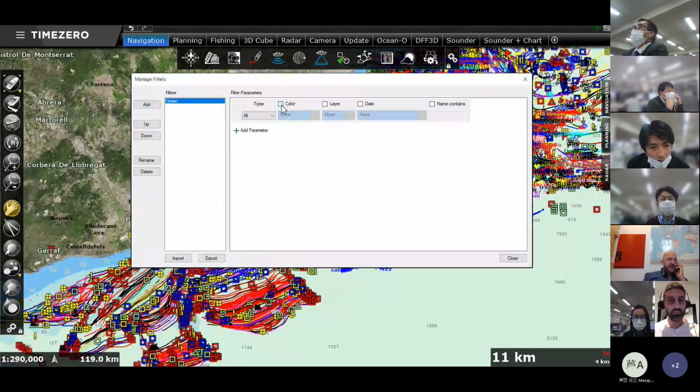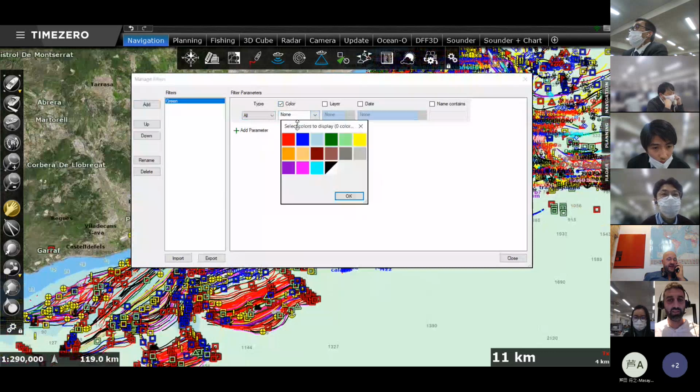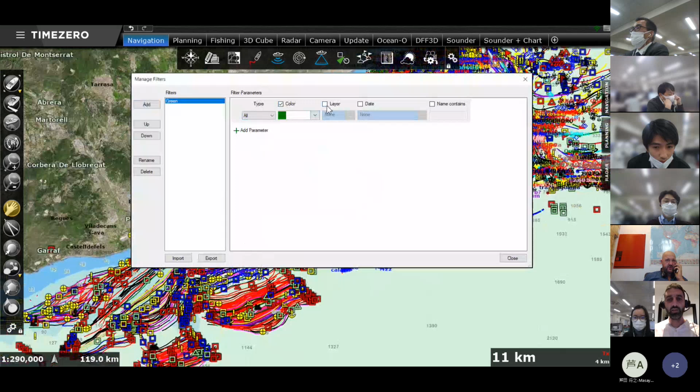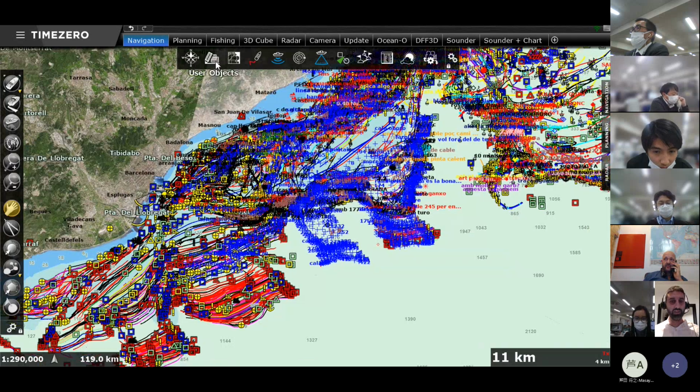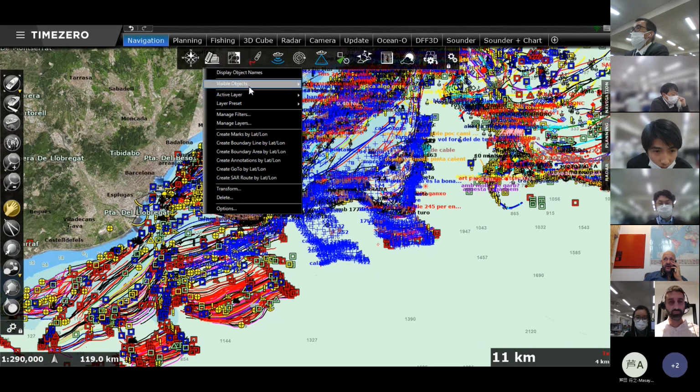But here in the color, I will select the green color. Here the layer, I don't want to select any specific layer. I want to filter data across all the layers that I have, and I do not want to filter by date. I close it. So now I have created a filter that is called green.